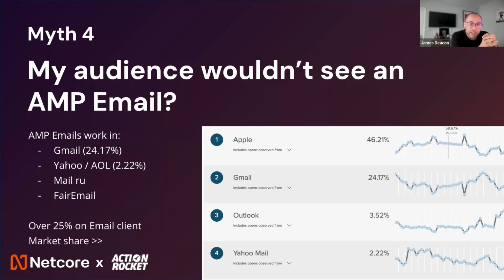But the other reason why this is busted-ish is because we have to sit back and think, okay, what are we talking about when we talk about AMP? In terms of the end product, we're talking about an interactive email. And if we then come away from AMP and think about interactive email as a whole, now with certain ESPs and certain providers, and we do this at Netcore, so I guess a quick plug, but we actually can code with CSS and enable our clients to deliver an interactive email experience into Apple Mail client as well. So if you factor that in, then we're actually talking about interactive emails, capturing that Apple market share, which supercharges